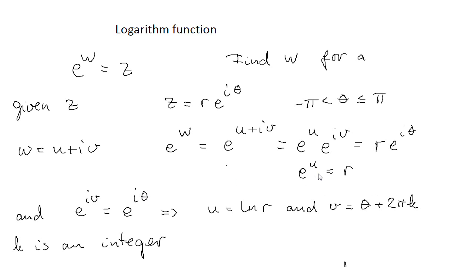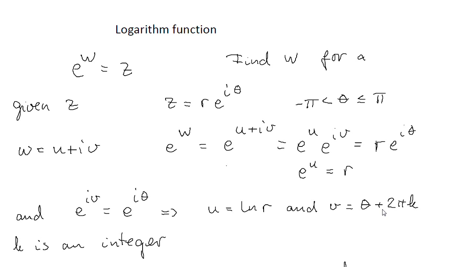So for the first equation we obtain by taking logarithm that u must be equal to the ln of r, where this is just the real natural logarithm. And this equation means that this v must be equal to theta